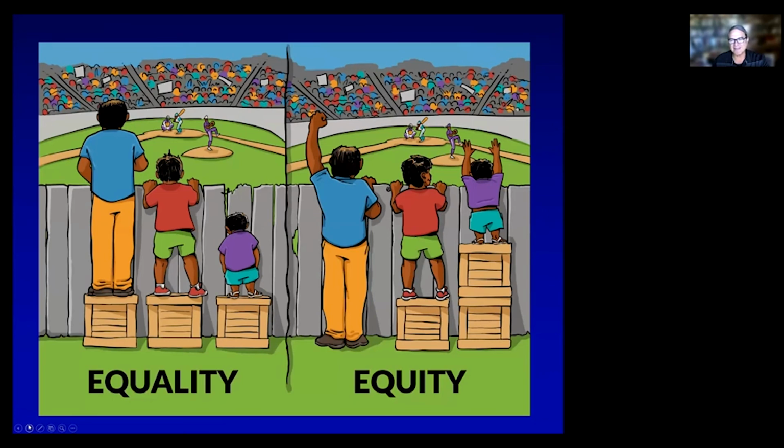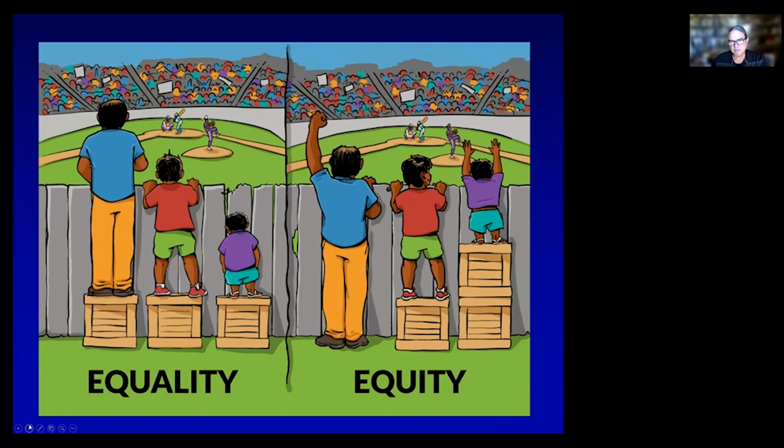I always like to end these discussions with this particular image. Think about equality and equity. The way I look at this, equality is kind of a one-size-fits-all approach. Everyone gets the same package of services, everyone has the same policies, everyone has the same programs, everyone has the same curriculum, whether or not it meets your needs. And that's equality. And we see that in things like our approach to sharing of data and data sovereignty.